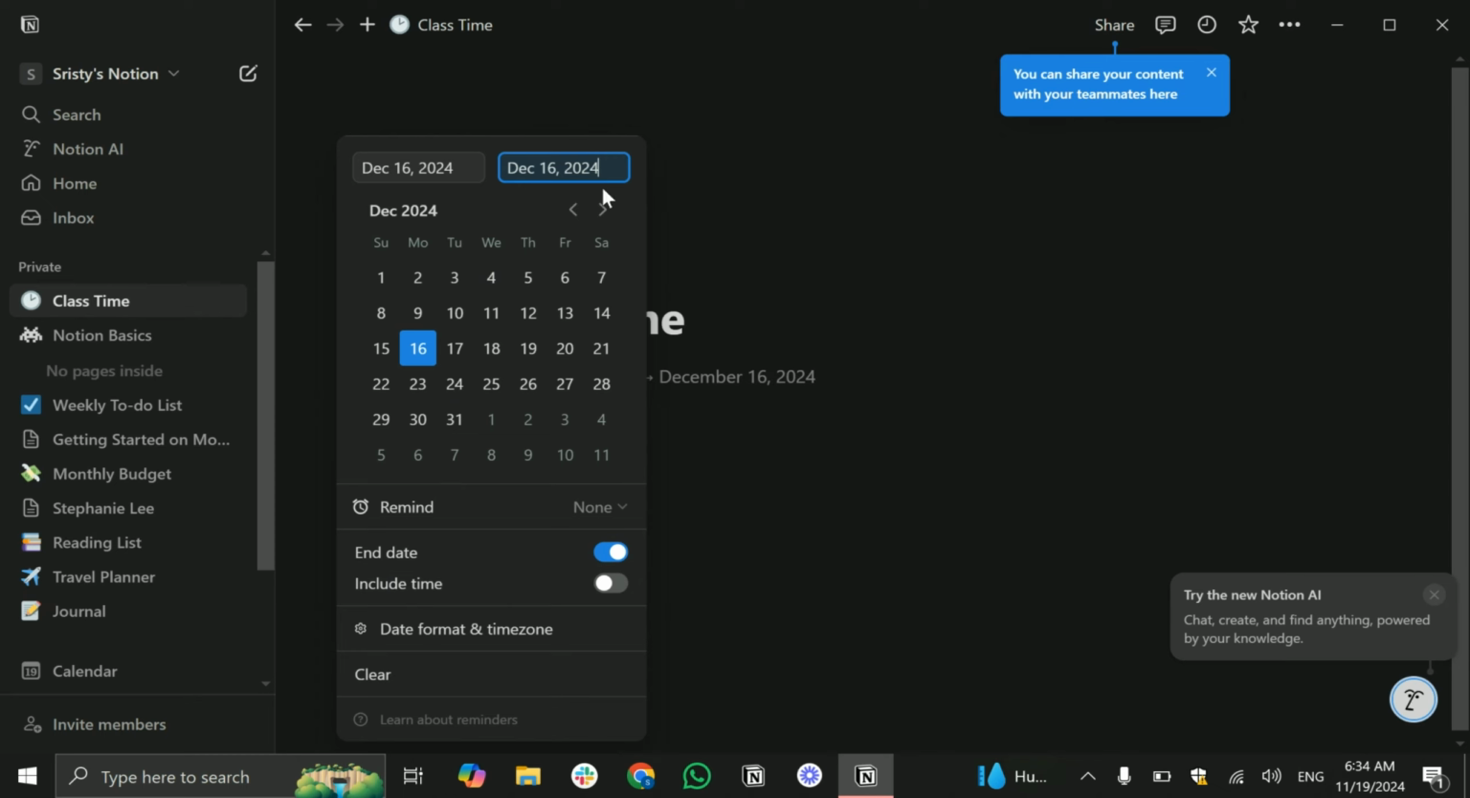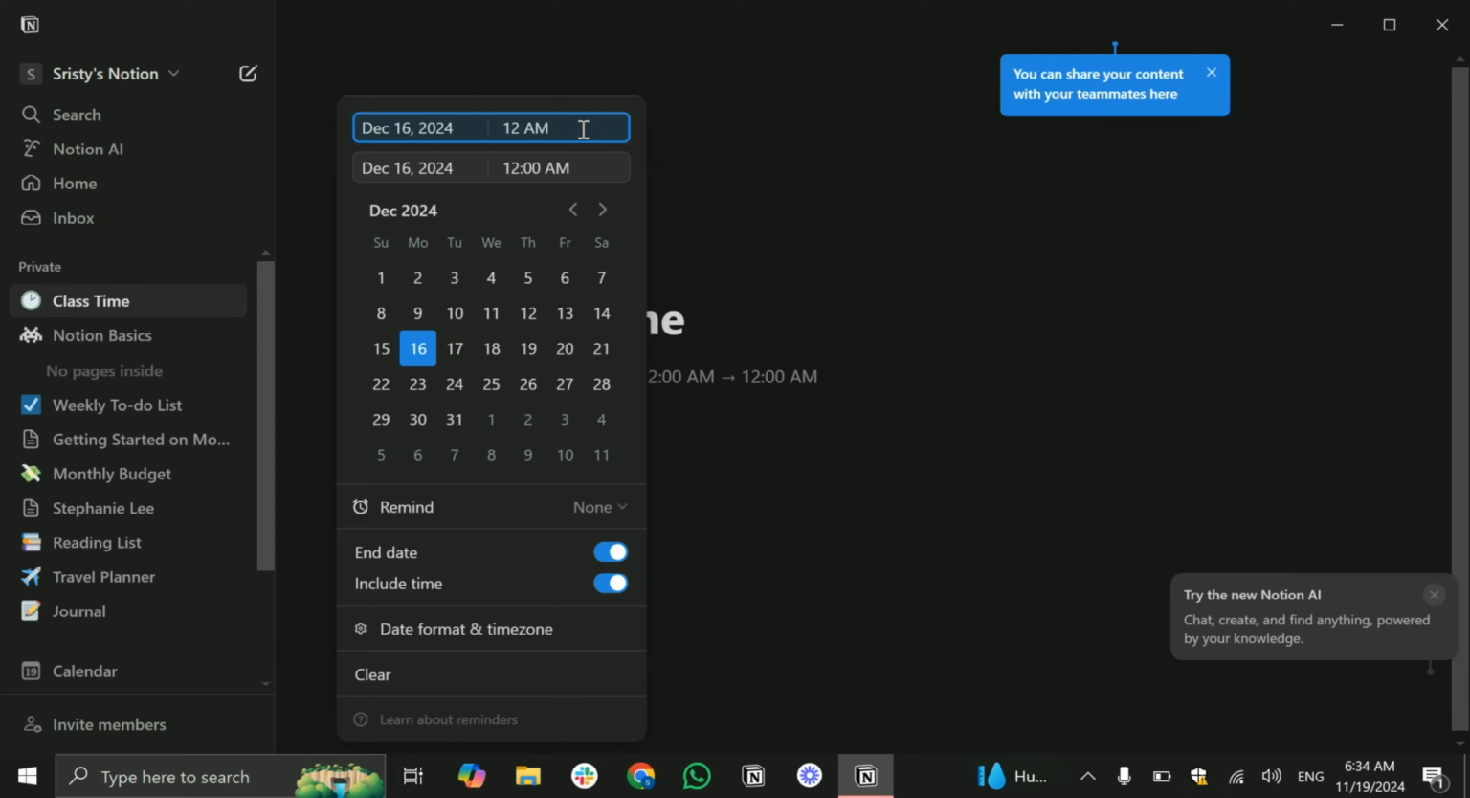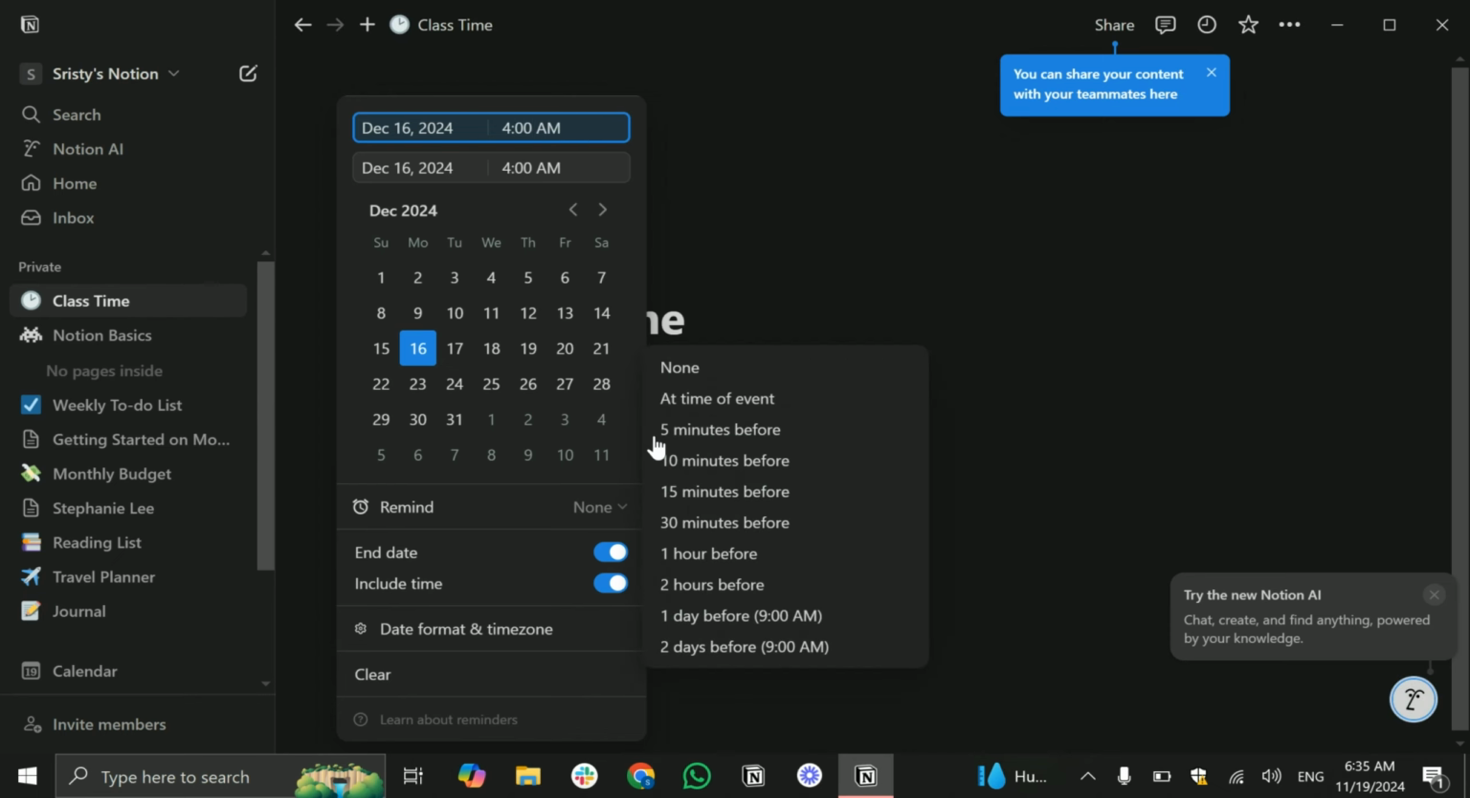and you can also change these options, or you can also include a time. And if you just simply tap on here you can change this time. Or here you can see this option remind. Simply tap on here, and here you can choose any of them according to necessity: at time of event, 5 minutes before, or anything. First you just need to simply tap on here,